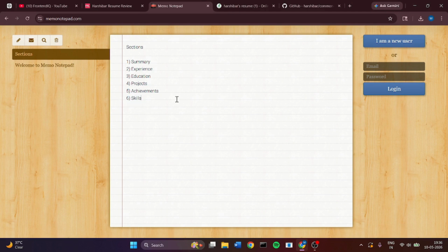The sixth one is skills. In the skills section you can divide this, like in tech you have these skills, and in backend you are mostly familiar with this technology. Apart from the tech skills, you can also mention skills like your hobbies. If you like painting or drawing, then you can include these skills. So this one is the basic sections you must include in your resume.